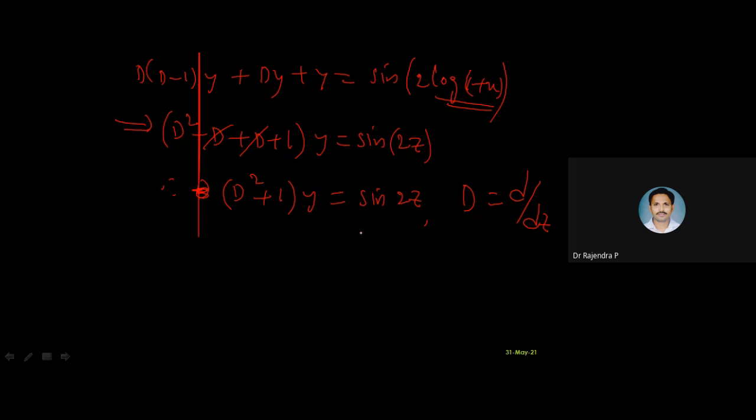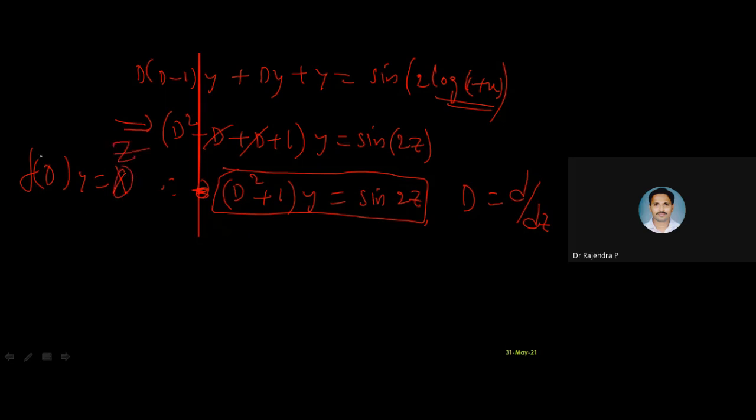So now, do you see in this problem, there are no variables now. So it looks like f of d into y is equal to x form. In place of x, now we got z. Your entire differential equation is going to be f of d into y is equal to z form. We are going to get it in place of x. Z will come. Is it clear till then? This is a very important part.